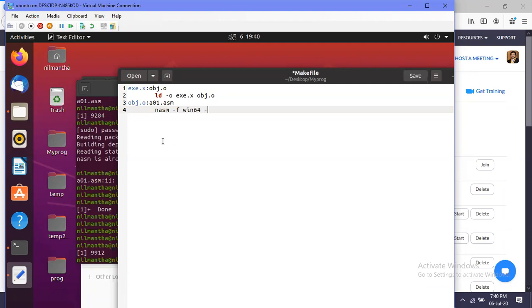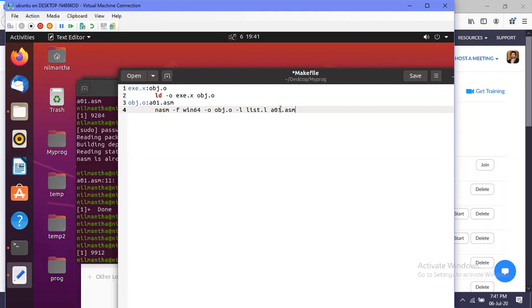Then the name of the object file, obj.o. If you want, you can give the list file. If you don't want, you can omit this. But for the moment, I'll give the name of the list file also, list.l.